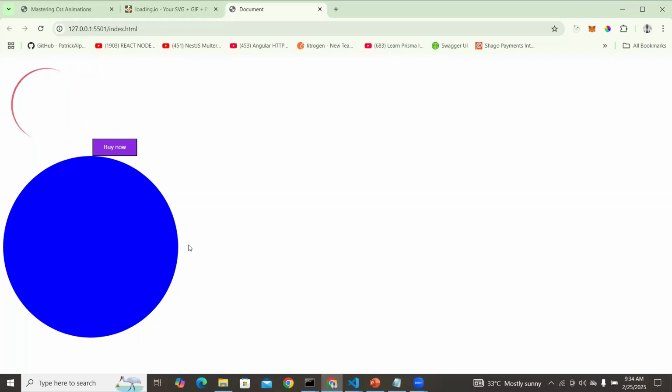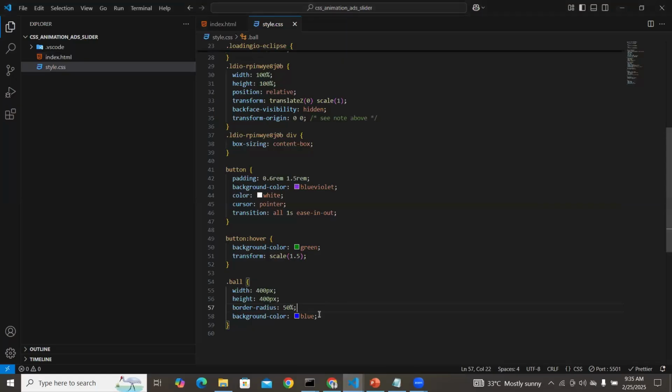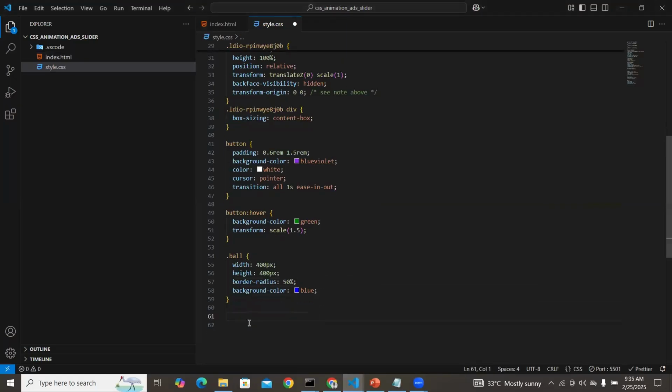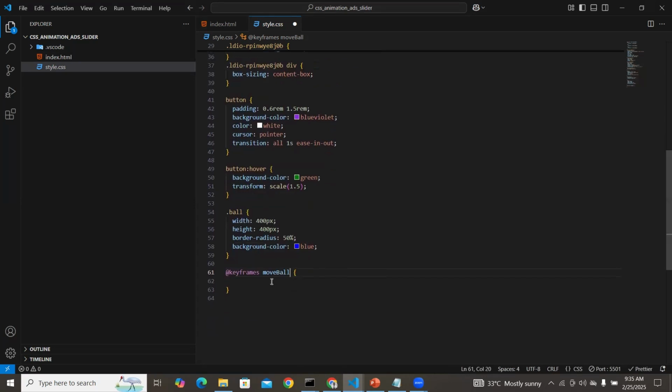So what I want now is for this to translate. I want this to be animated. What you do is first come down here and add keyframes. This identifier is the keyframe name, so I might just say move ball. The name is up to you. This is the name of my animation, move ball. Then inside there, you can define